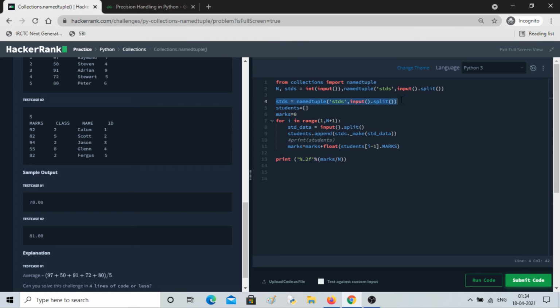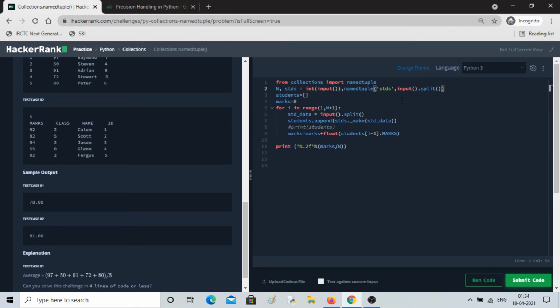Okay, so I can remove this as well. We have this as the first line, and the second line, so we are remaining with two lines only. So somehow we have to remove the dependency on this for loop, right? So we have to reduce the lines. I can only think of list comprehension. That's the only way we can do it, right?